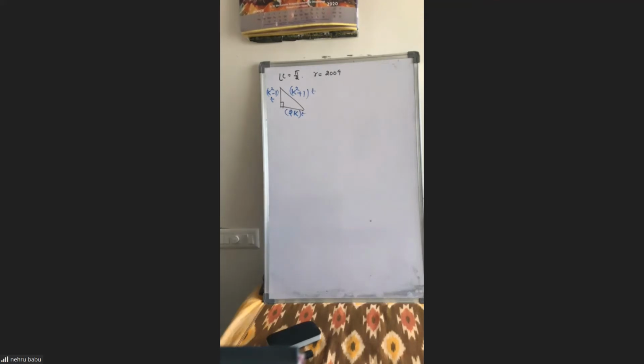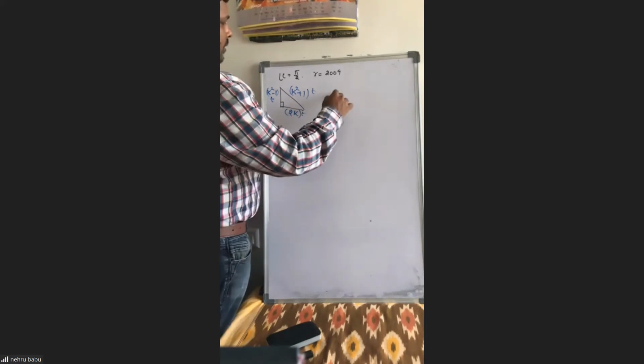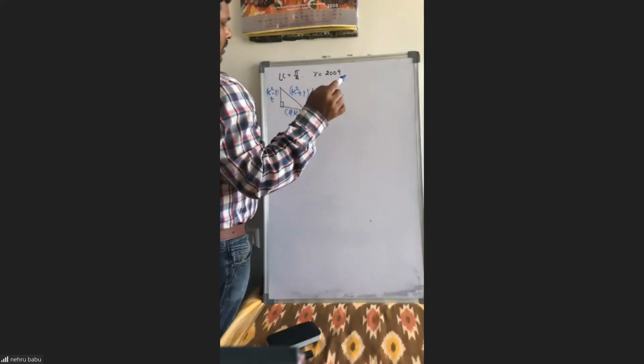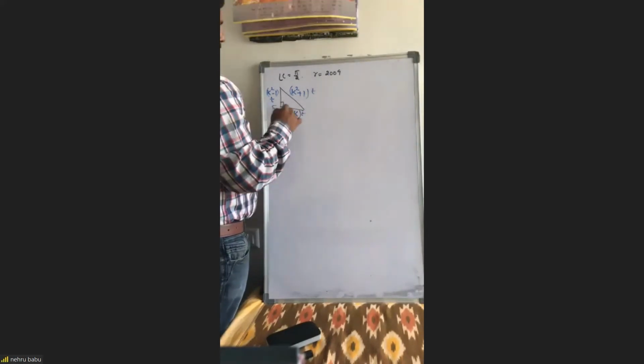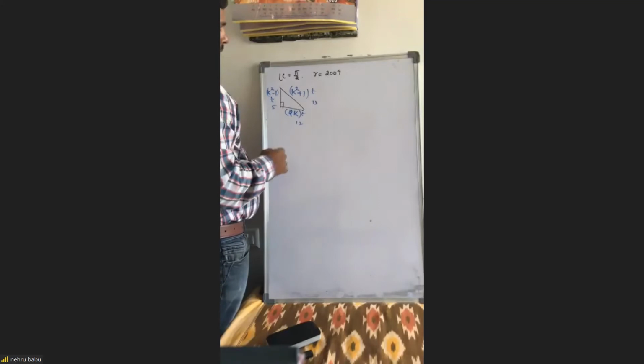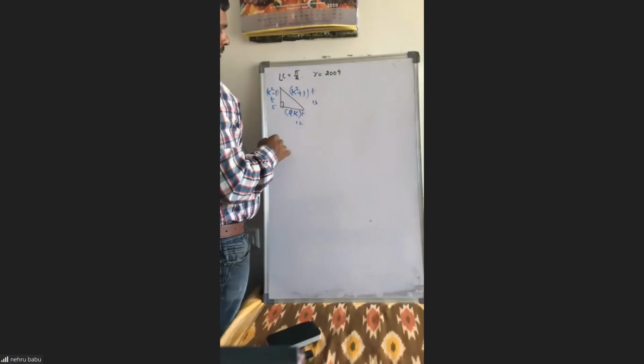Now, sir, but again k square, why can't it be an integer? If you take delta, for example, 5, 12, 13, is it covered or not? Yes, sir, but we should not take it as k square minus 1. We should take k square minus l square or something like that, one more variable.